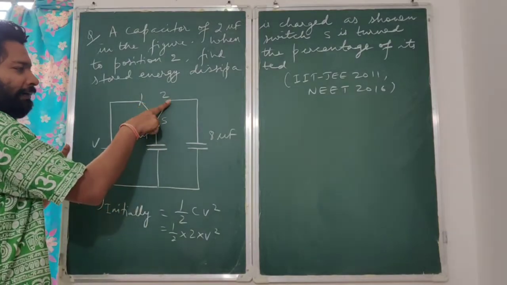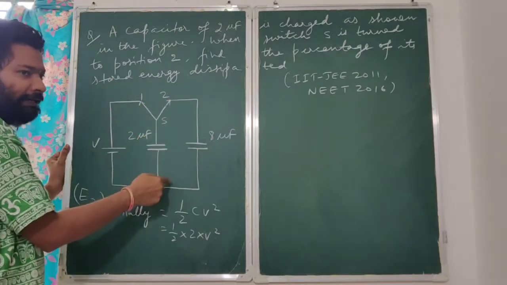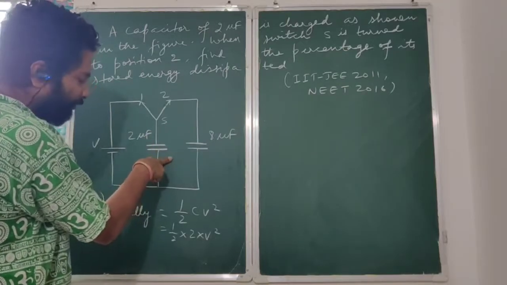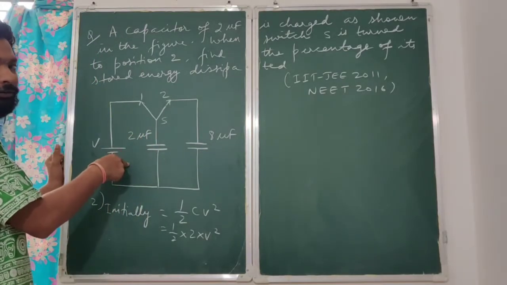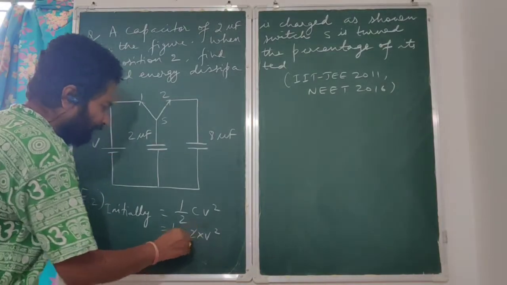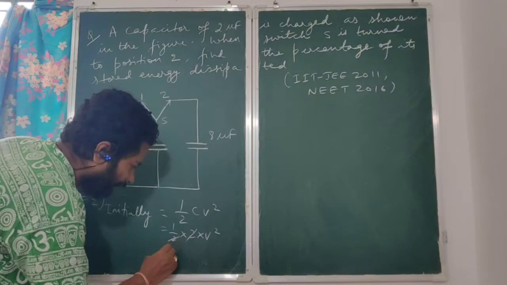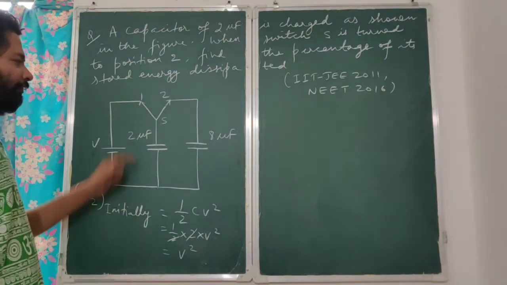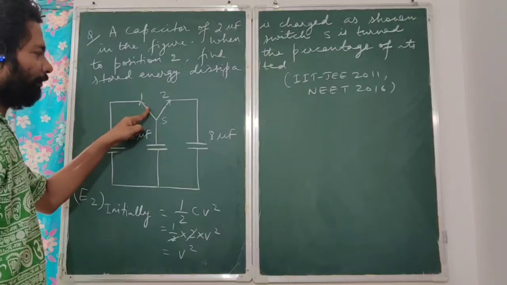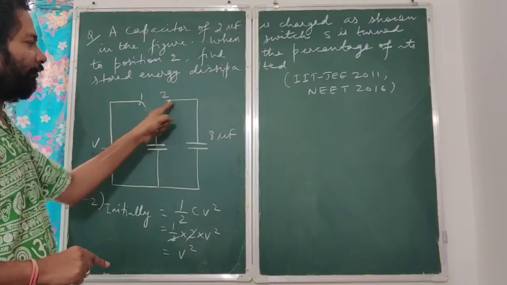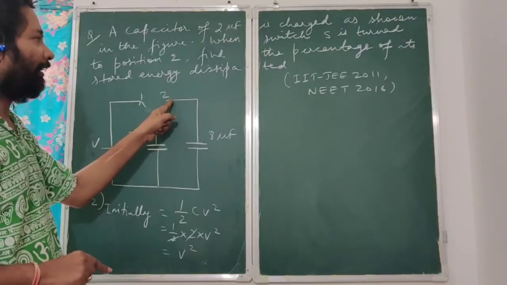Remember, this is not connected here right now. So the right part of the circuit is not operational. Only the left part of the circuit is operational initially. So now there is some energy which is getting stored in this capacitor, 2 microfarad. How much is that? It is V square. Now what happens? You disconnect this switch from 1,